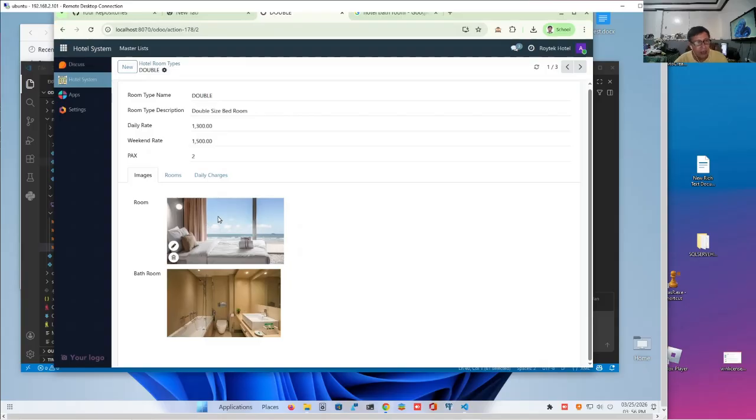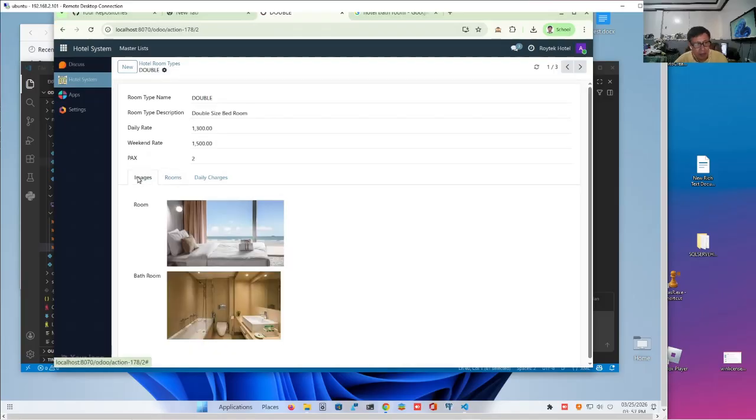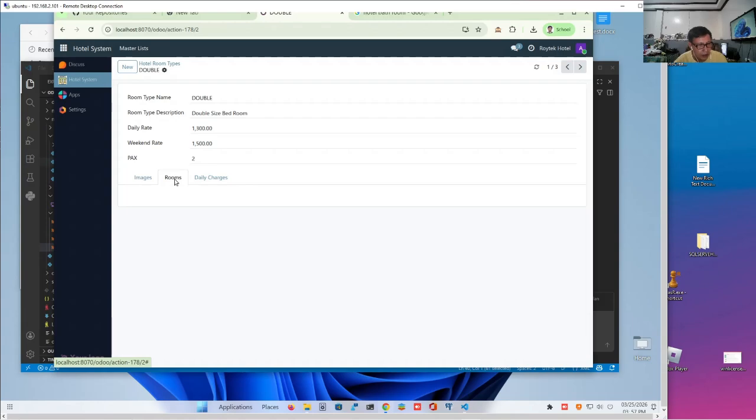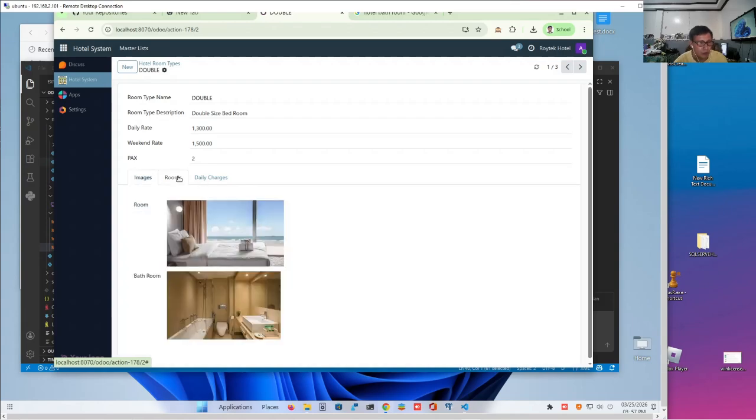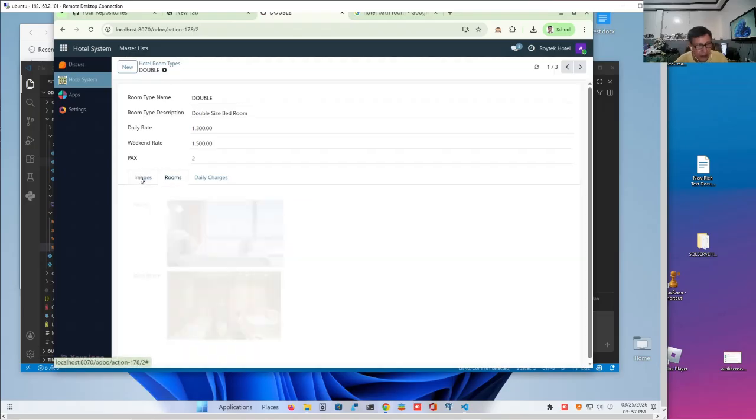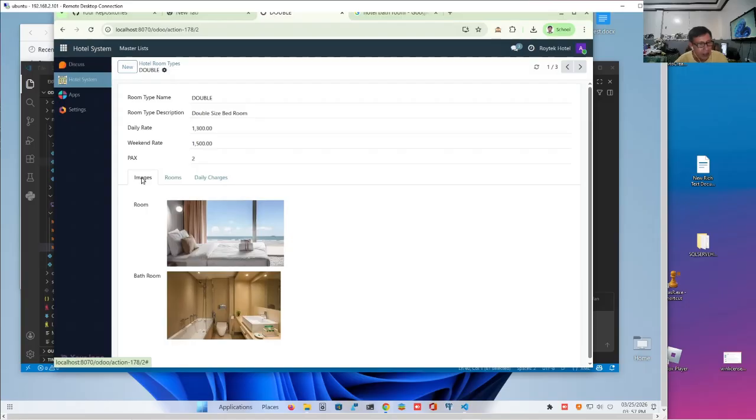Now, in this video, we are going to introduce how to embed list views inside pages. Particularly, we are going to embed a read-only list because we are going to fill this rooms page with the list of rooms corresponding to this room type or room type category. Okay. So anyway, surprisingly, you will find this easy.